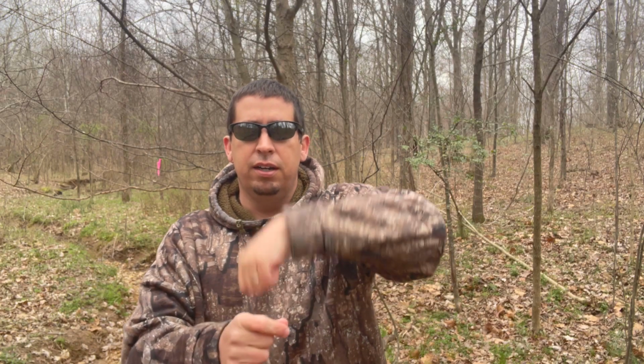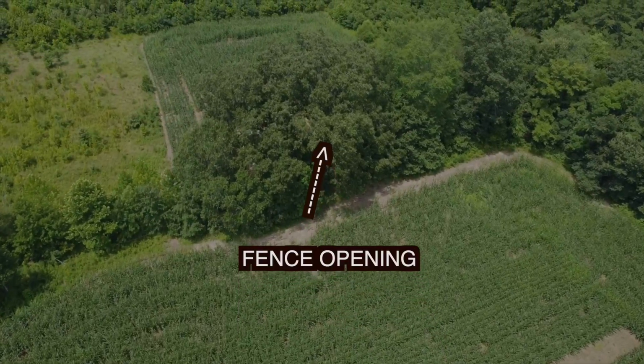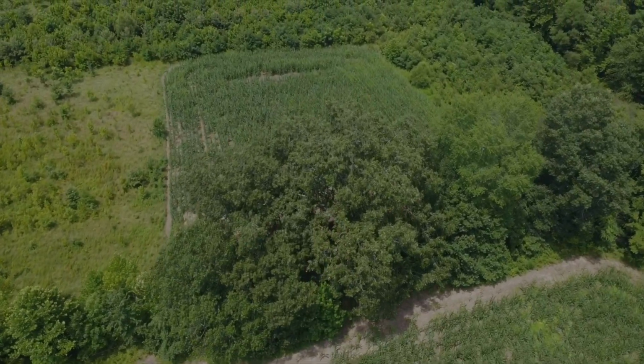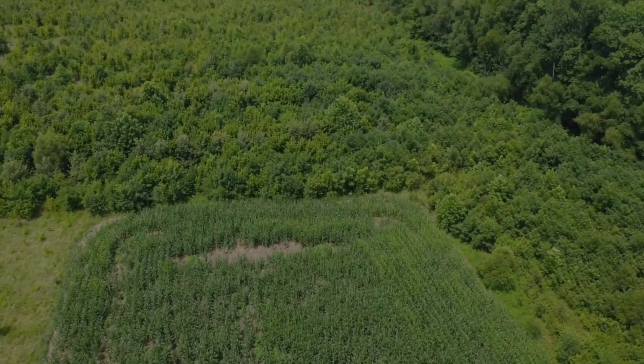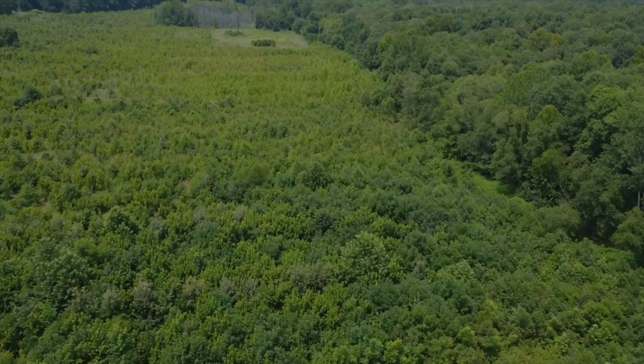So what did we do to enhance that spot and make it a good bow spot? That spot is probably 200 yards long, with a bunch of random trails where they were jumping the fence all over it. What did we do to enhance that spot? A, we made a little travel corridor on both sides to make that easy for them to access. And then B, we took the second wire and wrapped it over the first, and we took the third wire and wrapped it under the fourth. We made a section that deer could easily hop through, because they're only having to jump through the bottom section at that point. And it was a deer mecca right in there, and we killed a lot of good bucks right off of